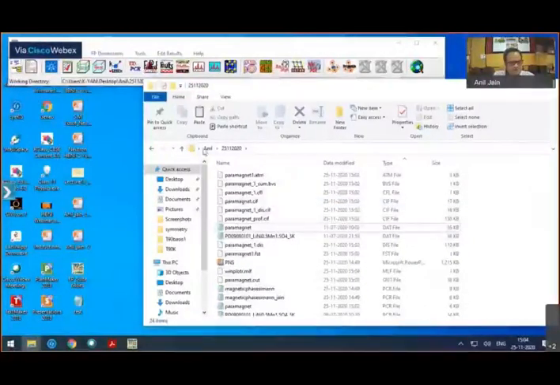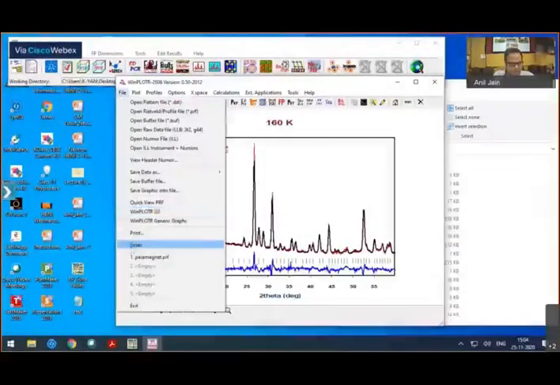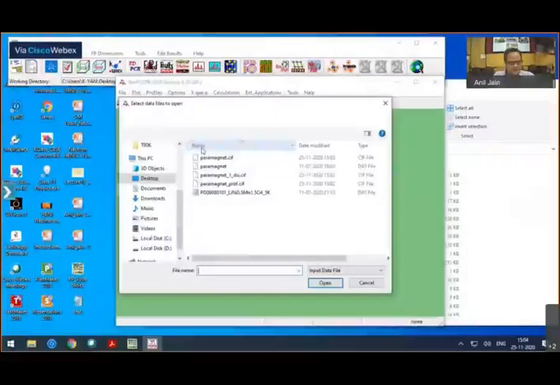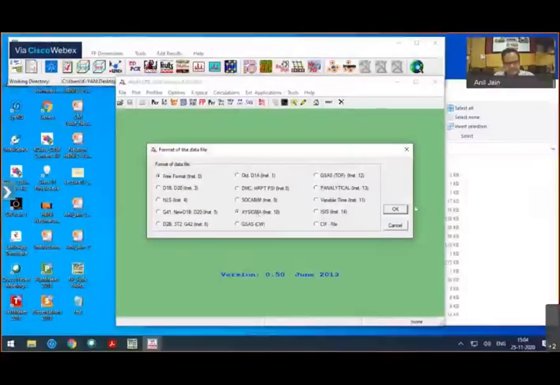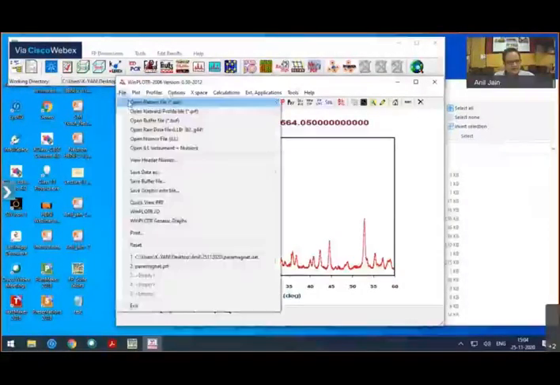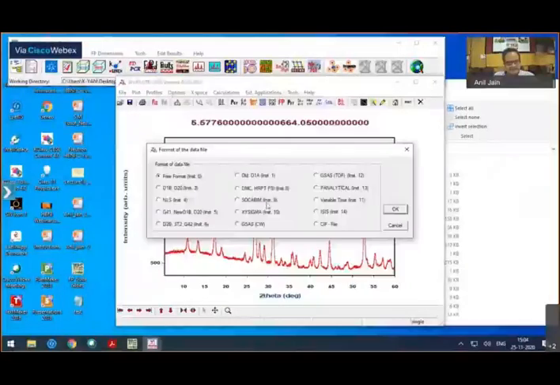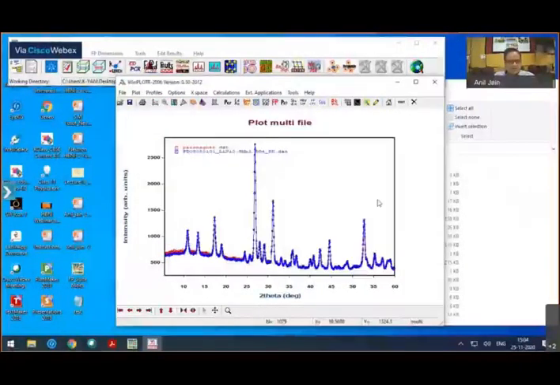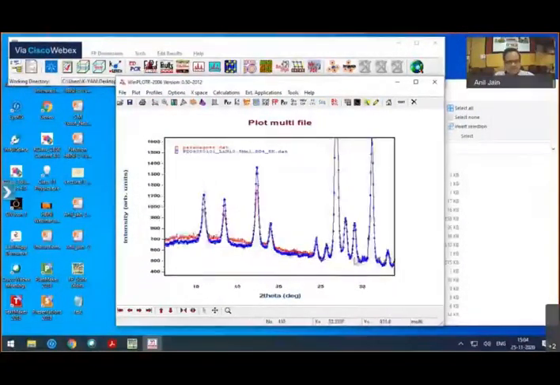What I have to do now is take this data file of the paramagnetic phase. So here are these two data files: this one is the paramagnetic phase of the sample, and this is the data file in the magnetically ordered state. As you can see, we have magnetic intensity at low values of 2 theta, meaning low values of momentum transfer.